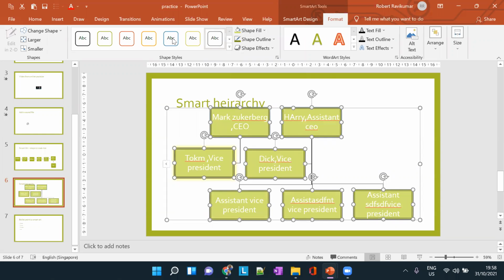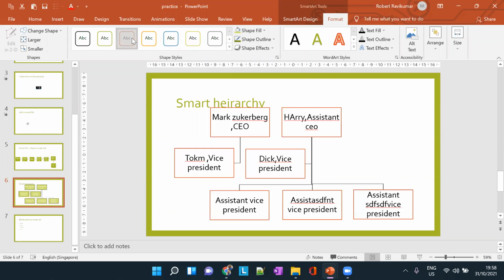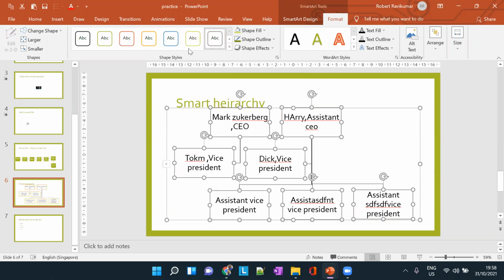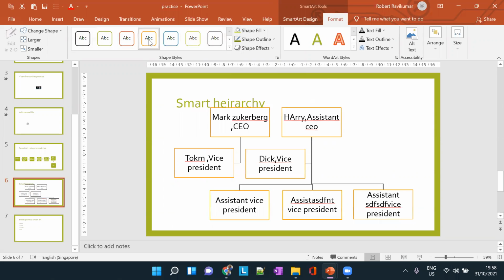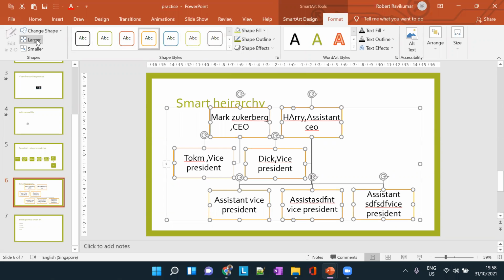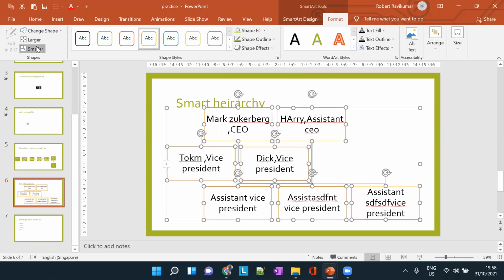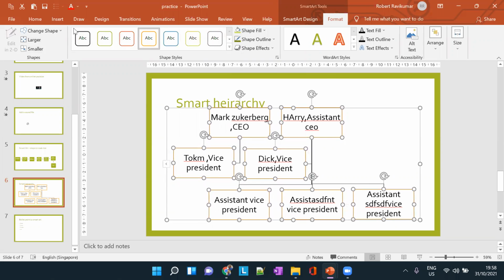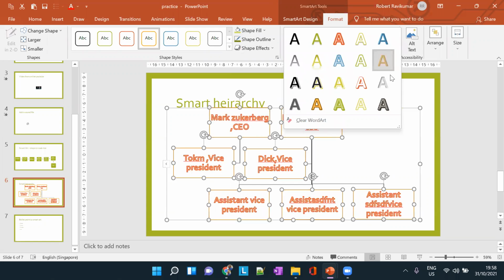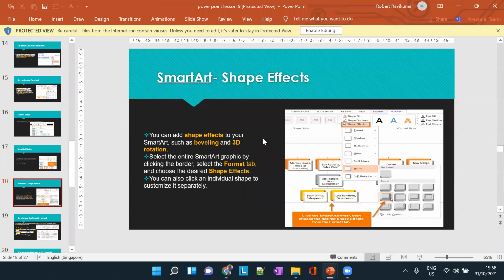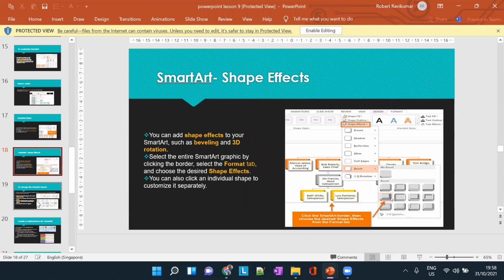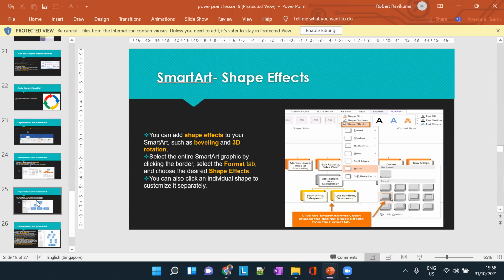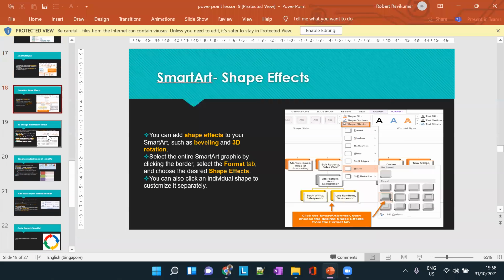Okay, so we have so many things that can be done. Okay, so inside this we can change the format of the colors. You can choose any one of these things. Okay, larger, smaller. Okay, so there are a lot of things that you guys can play around with. Okay, so you can choose any one of these options also. WordArt styles also you can change. So a lot of stuff can be done. Okay, so yeah, we have around 12 minutes. I have to be faster.